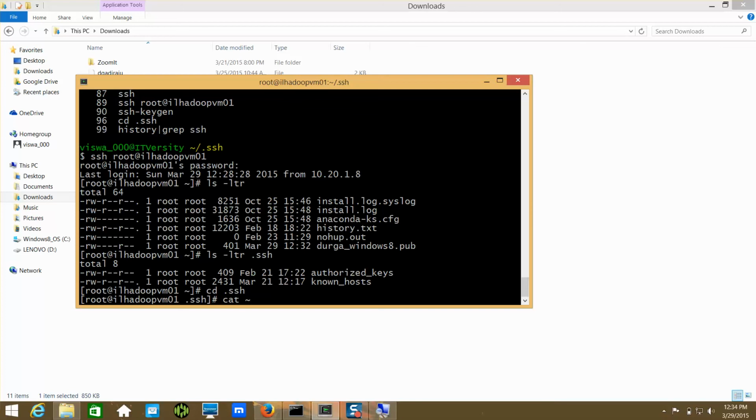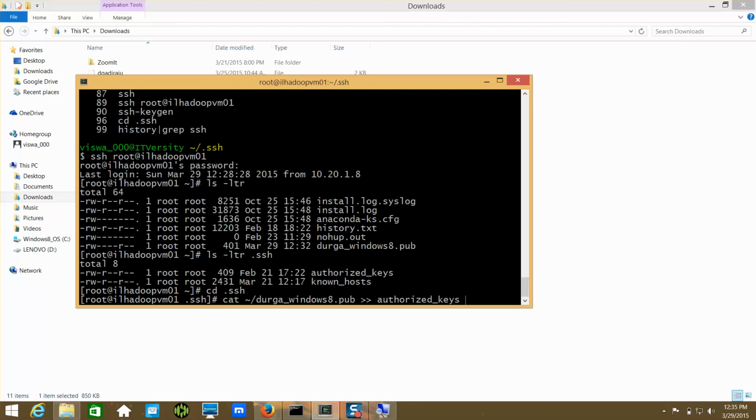So we have the Durga Windows file under the home directory, which is represented by tilde, and then you can start typing and then hit tab, and if there is no conflict with the file names, it will expand it automatically, so you need not type the entire file name. And then you have to append to authorized keys. So we are already in the necessary directory, so we need not give the full path. Instead we will be using the relative path, and I just type AU and hit tab, and it fills in